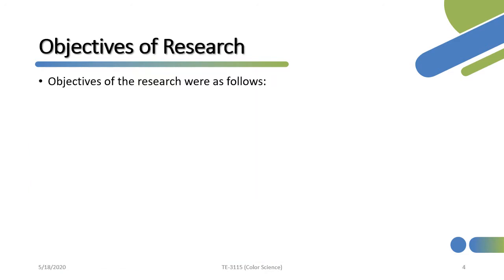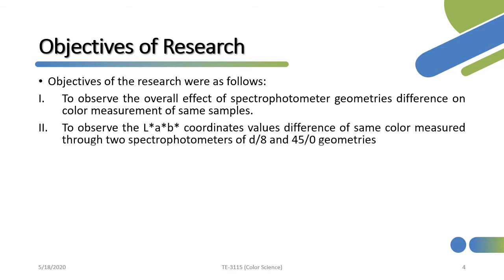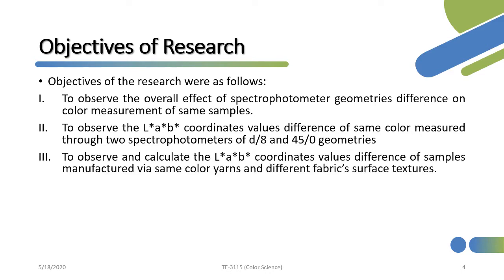Here are the objectives of the research. The first one is to observe the overall effect of spectrophotometer geometry's reference on color measurement of the same samples, to observe the L, A and B coordinate value differences of the same colors measured through two spectrophotometers of D/8 and 45/0 geometries, to observe and calculate the L, A and B coordinate value differences of the same sample